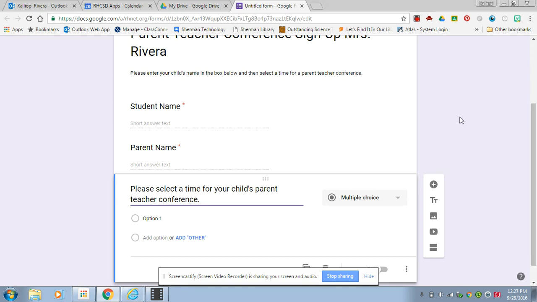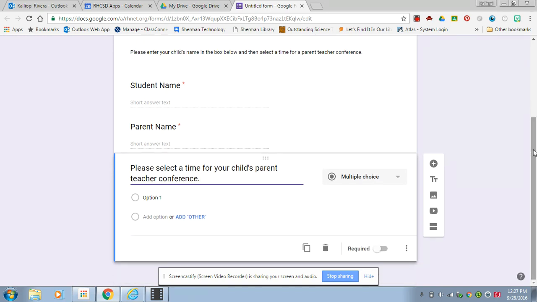And I'm going to leave this as multiple choice because I'm going to put in all of the times that I have available for parents to choose from. And I am going to make this a required question. In other words, they have to pick a time before they submit the form. So in option 1, I'm just going to put in my first time. Let's just say as an example,